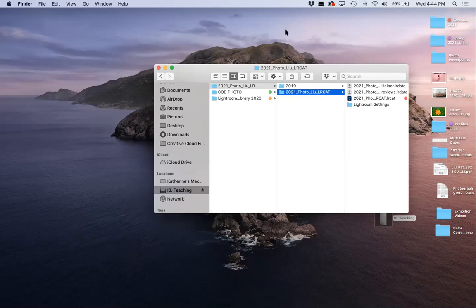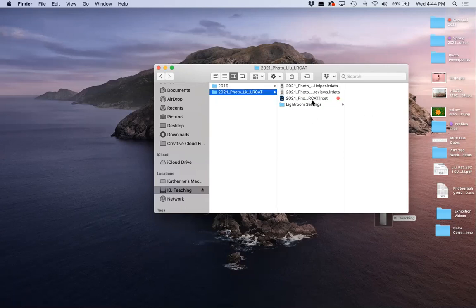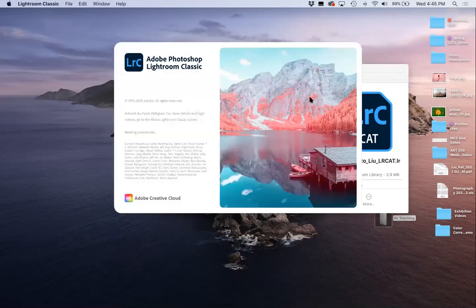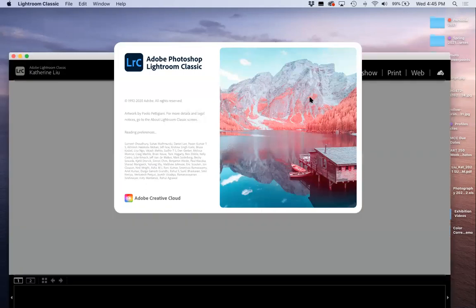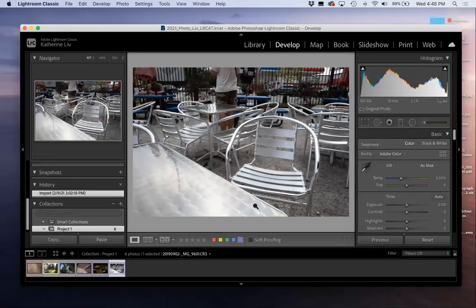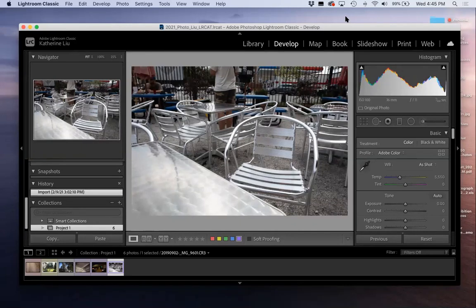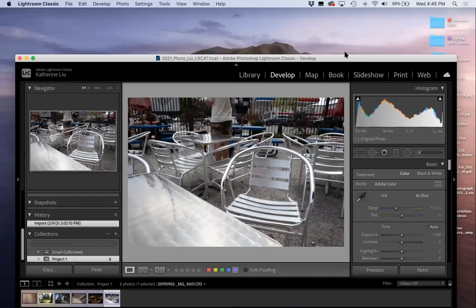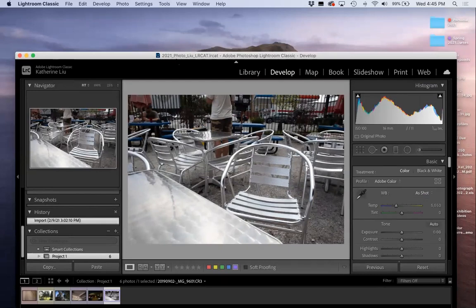So here is my hard drive, and then I went to open up my Lightroom LR folder here, then I went to the LR cat, and then again, we're finally going to open up the Lightroom catalog. So the blue thumbnail here, double click that open. And now I've got my Lightroom catalog opened up, and I can also confirm that it is my Lightroom catalog because I can see right here it says 2021 underscore photo underscore my last name, or your last name rather,